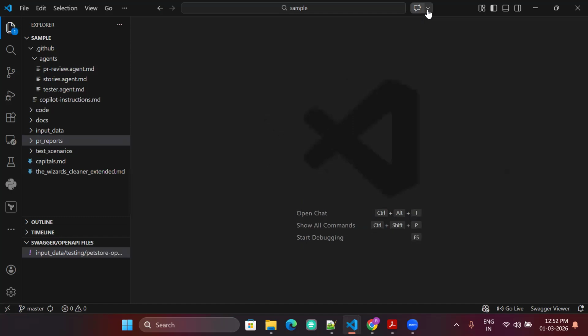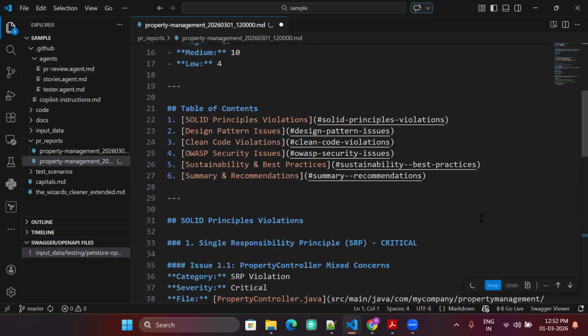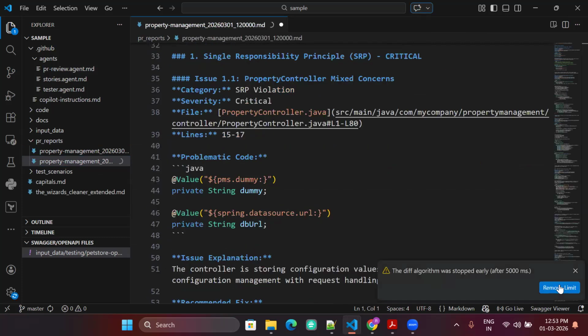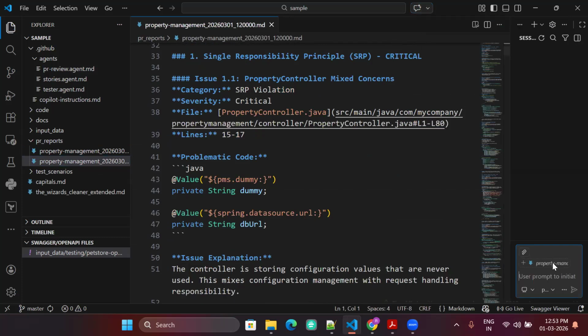You go here and open. Oh wait, I have to save this. The new file which it has created, it will ask you to save. So it's very simple to create these agents because this doesn't have tool, so it's fine. So I'll keep this. I have to check now whether all my limit is exhausted or what.